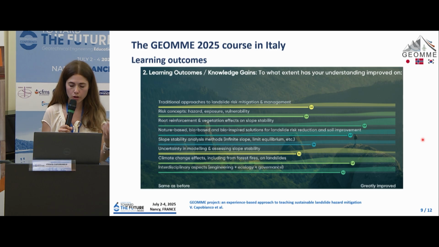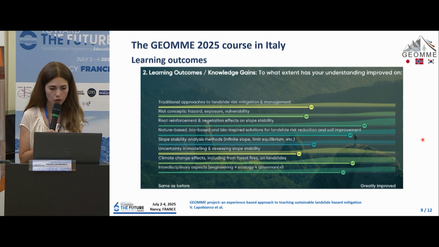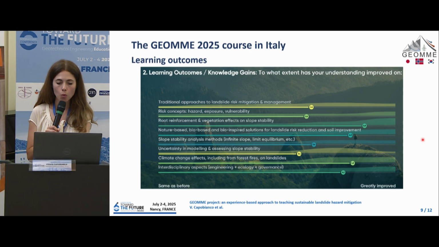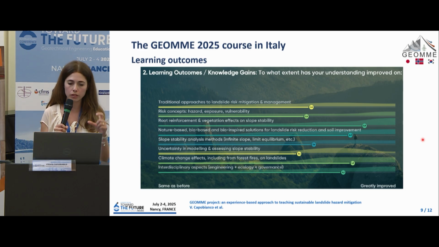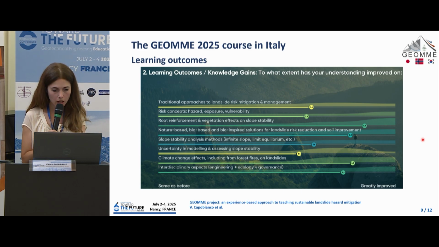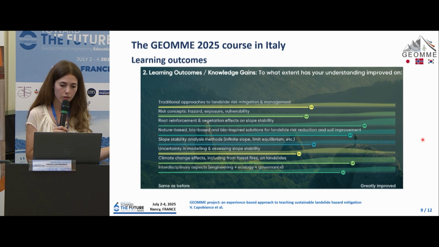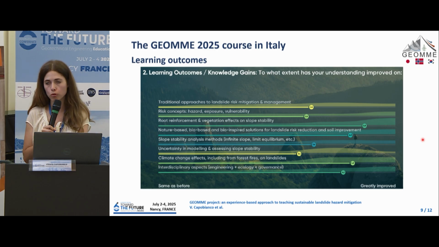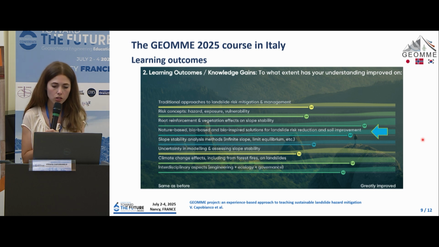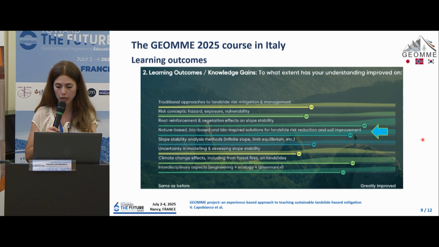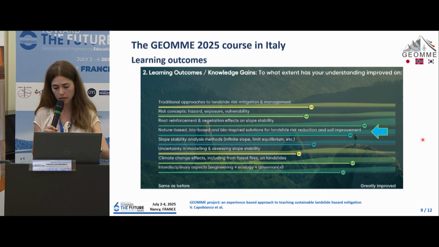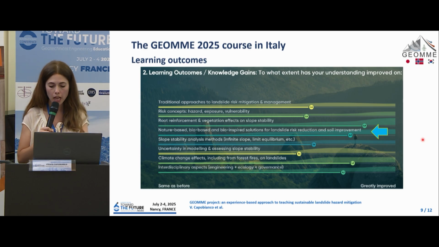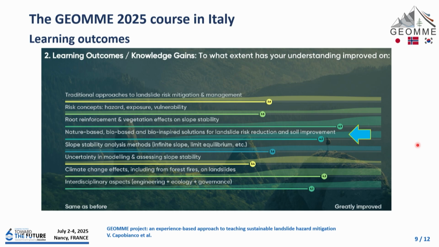This is also coming from the survey that we sent to the students at the end of the course. We asked to what extent their understanding has improved on these topics, and we asked them to rank from 0, same as before, to 5, which means greatly improved. And not surprisingly, since one of our learning objectives was to bring in this innovative aspect of including root reinforcement and vegetation effects on slope stability and nature-based, bio-based solutions, it was one of the main learning outcomes, followed